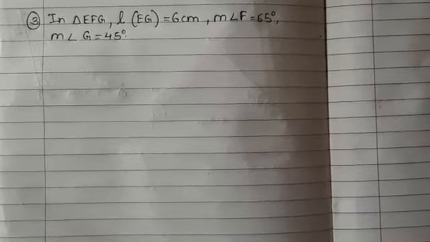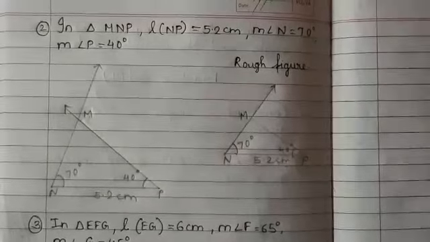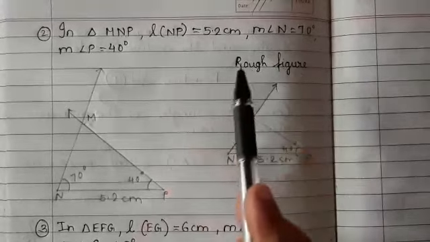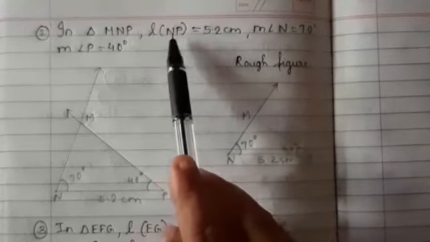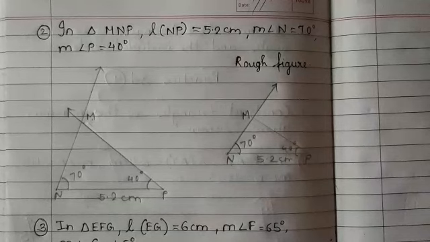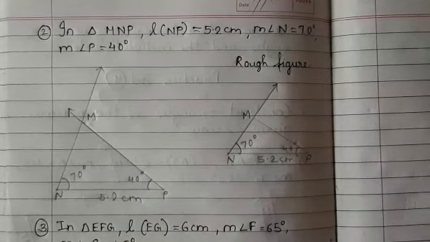Now we are going to solve question 3 from practice set 4. Before that we have just solved question 2. Yes, the length of one side was given and the angles at the ends of that side were given. So NP was the side, angle N was given and angle P was given, isn't it? So we constructed the triangle with the help of these three elements. Now in this sum we will read it and try to understand it.